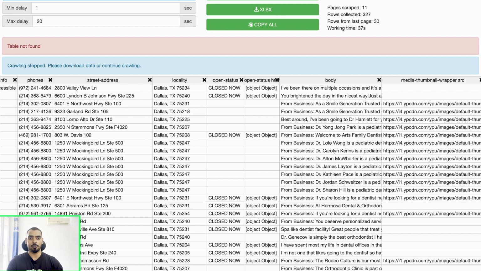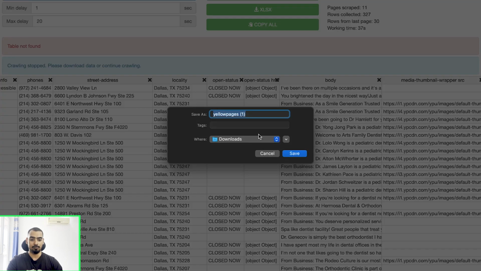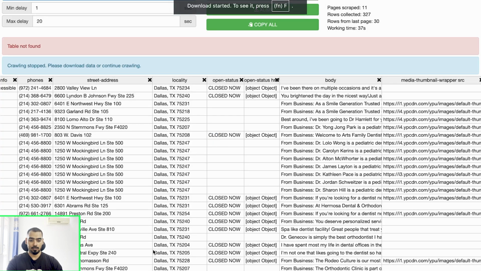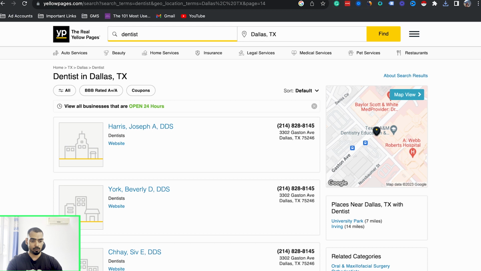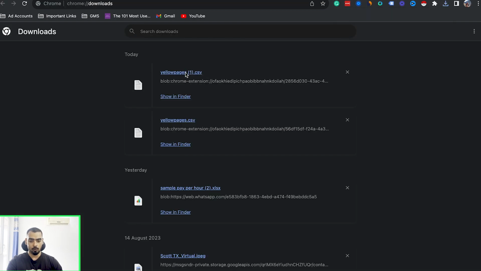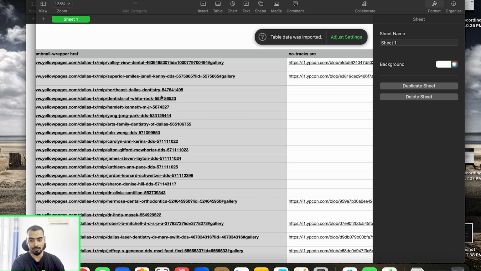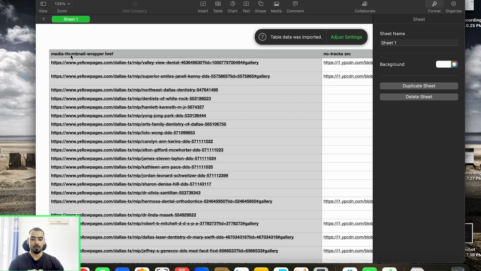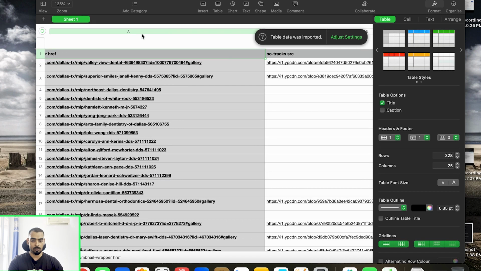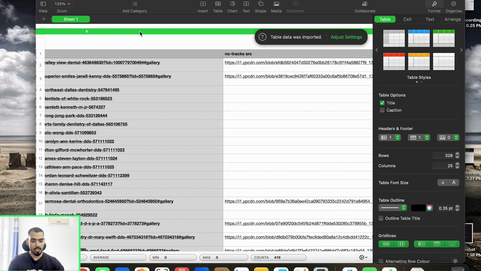All right, so now what we are going to do is download this CSV file. Once you have downloaded this file, go ahead and open it, and now you have to do some cleanup because you cannot just import this entire data file. You have to delete all the columns which are not going to be important. So A, B,